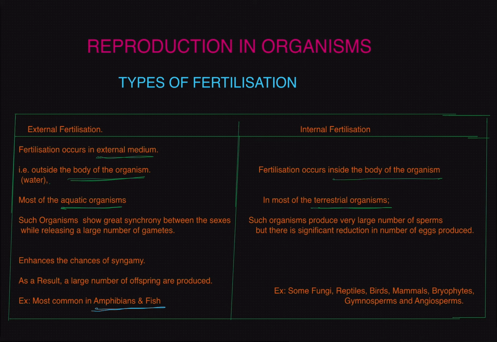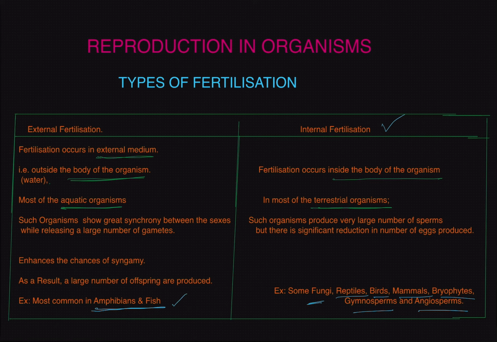Internal fertilization is seen in some fungi, reptiles, birds, mammals, bryophytes, gymnosperms and angiosperms. So, the majority of living organisms exhibit internal fertilization, whereas most of the aquatic animals exhibit